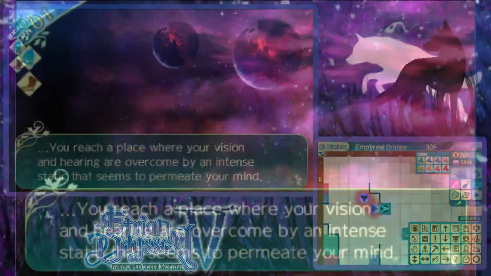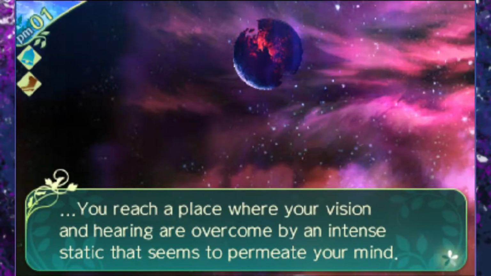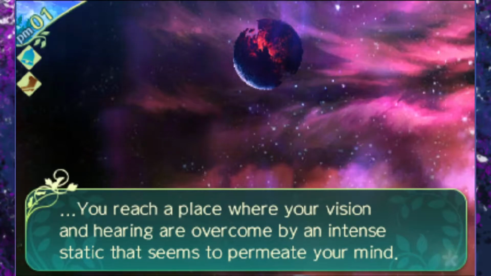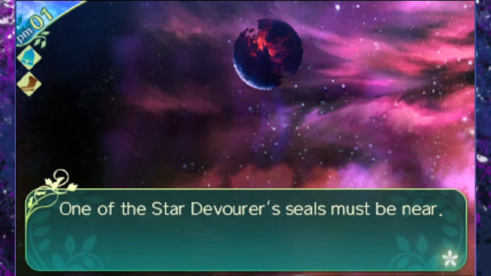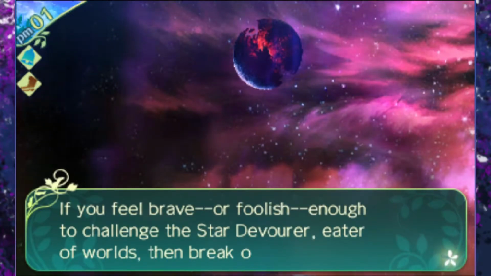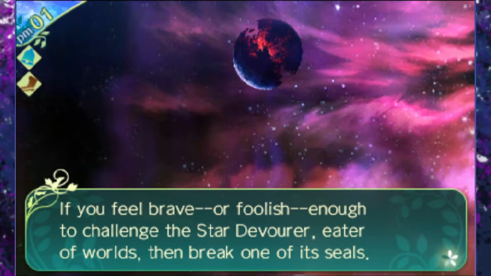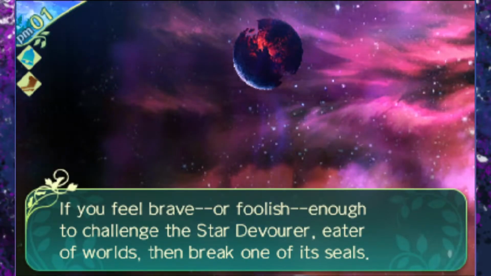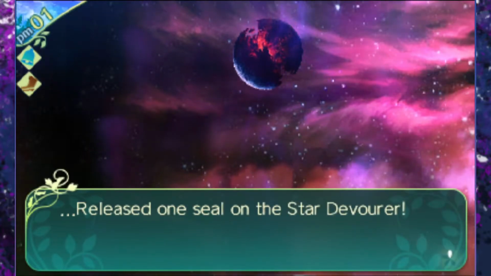You reach a place where your vision and hearing are covered by an intense static that seems to permeate your mind. One of the star-devourer seals must be near. If you feel brave or foolish enough to challenge the Star Devourer, Eater of Worlds, then break one of its seals. Sure. Released one seal of the...